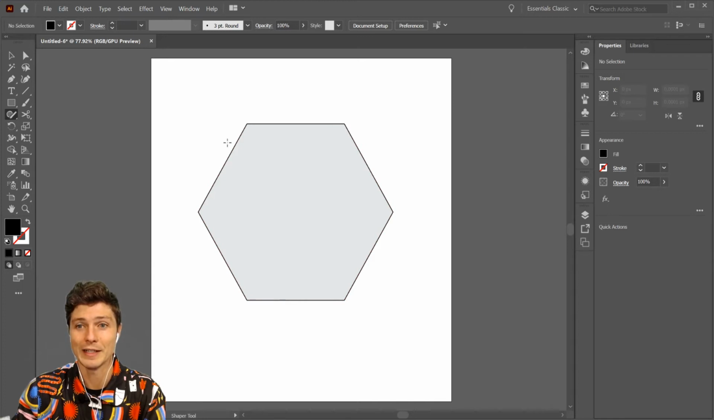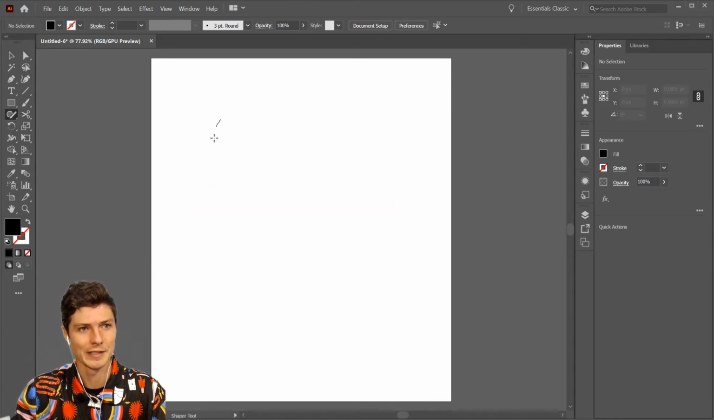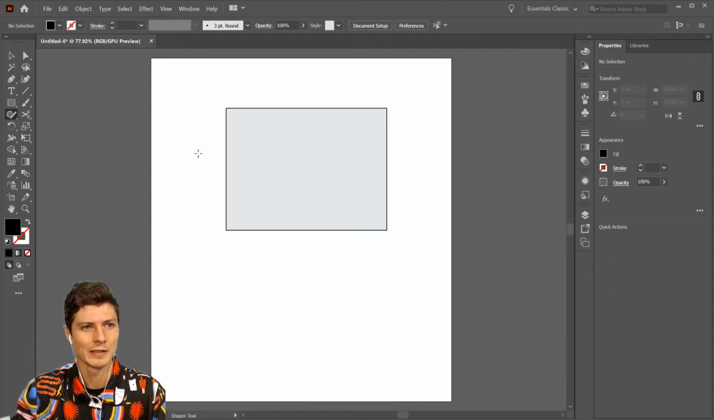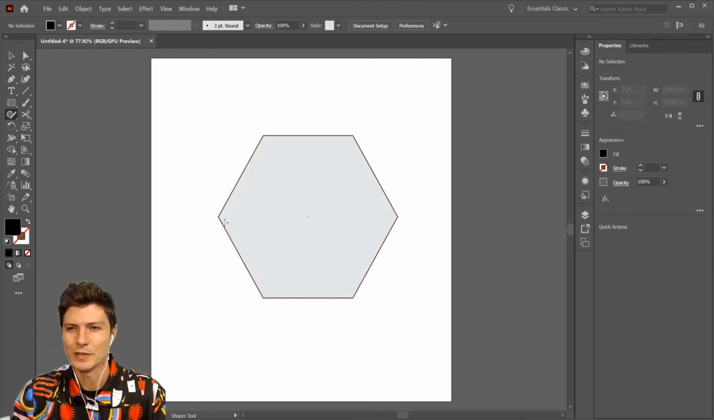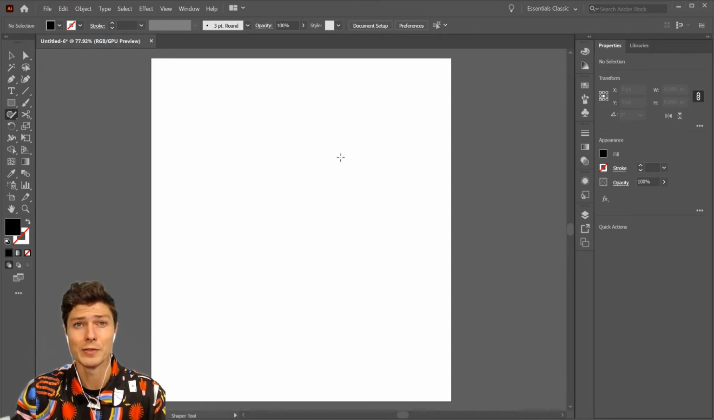So it interpreted that as a hexagon. Let's see, circle, right? Do you see what's going on? Square, 1, 2, 3, 4, 5, 6, 7, 8, hexagon. Didn't quite get my octagon. So this isn't perfect, but maybe you'll find this useful for